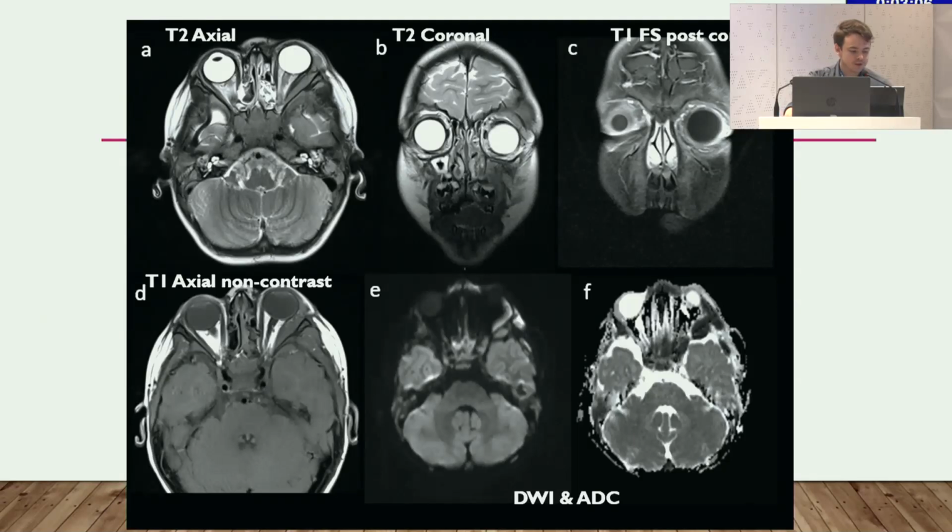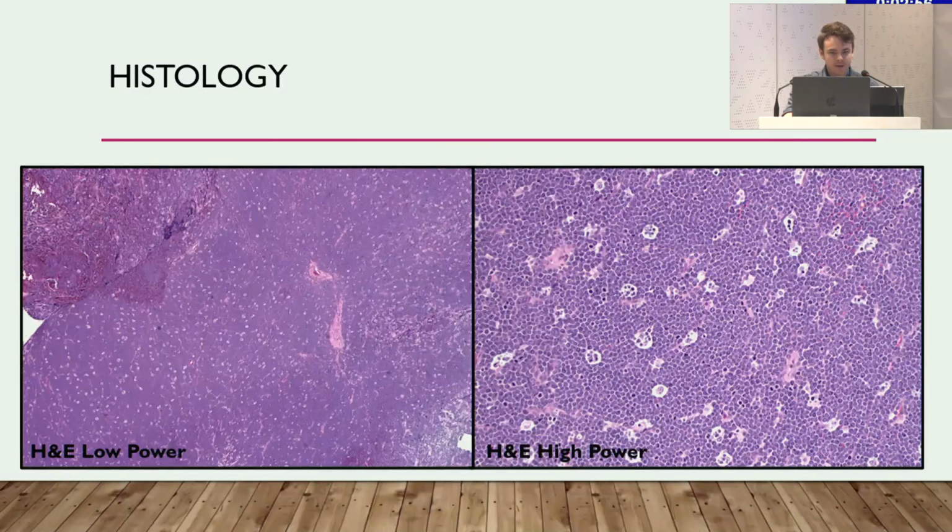He was referred for urgent MRI imaging, which demonstrated a left orbital post-contrast enhancement and signal changes, including diffusion restriction, particularly in the superior temporal region. He underwent biopsy of the left lacrimal gland and superior orbit, which showed a characteristic starry sky appearance formed by dense sheets of monomorphic lymphocytes and pale staining macrophages, which can be seen in low and high power H&E stains here.